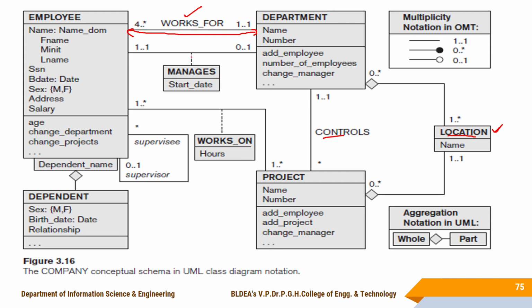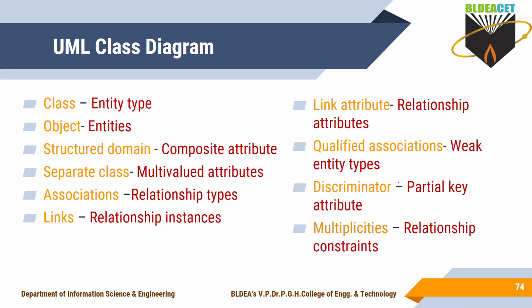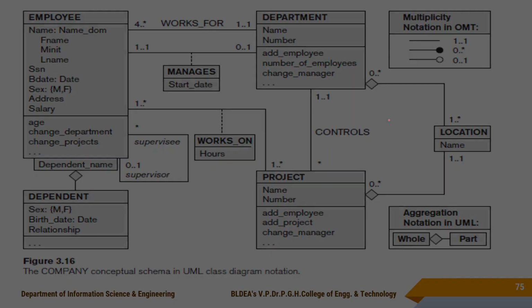Next, the roles that each one plays, you are representing as a box here. This one we call attributes here. Start date is an attribute, and you are representing it using this box with the dashed line here. Managers, and you have the relationship type attributes, and relationship type attributes we call here associations, sorry, link attributes here.